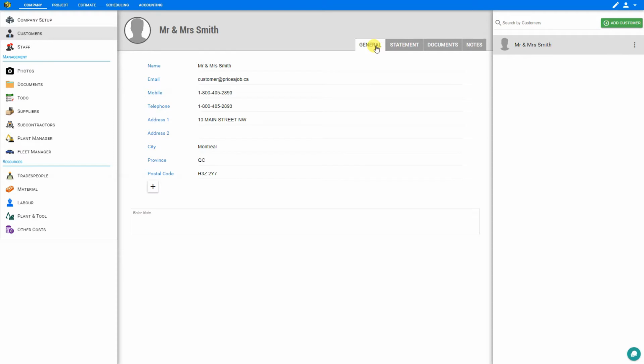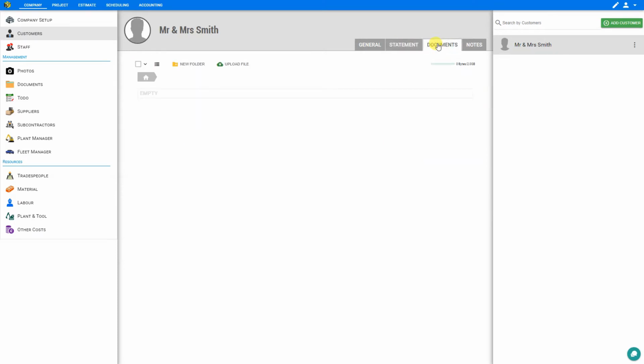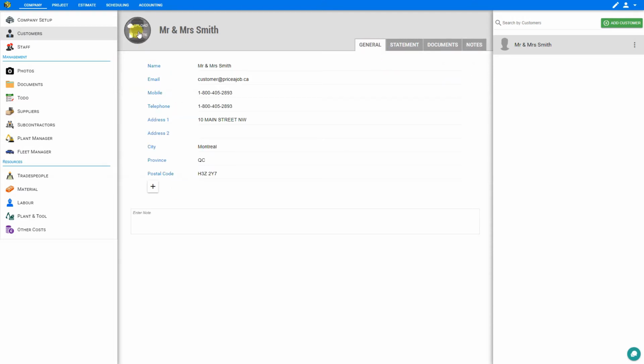At the top here, we have 4 different tabs for this customer. This is their general contact information. We can also see their statement of account, other documents, and this is a convenient place where we can store documents relating to this customer. PriceAJob allows up to 2 gigabytes in online storage, and you can access from any mobile device since it's based in the cloud. And lastly, if you have any notes regarding this customer, you can input that here. When possible, it's also a good idea to upload a photo of your customers so you can quickly identify the